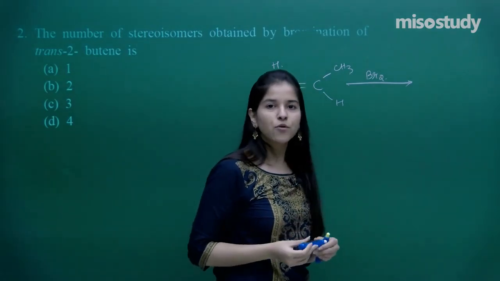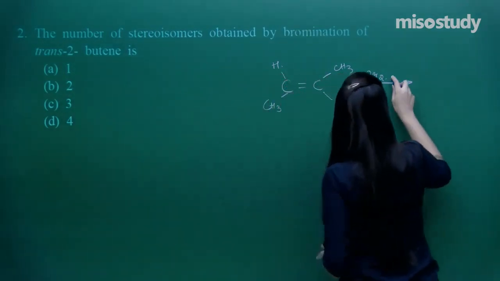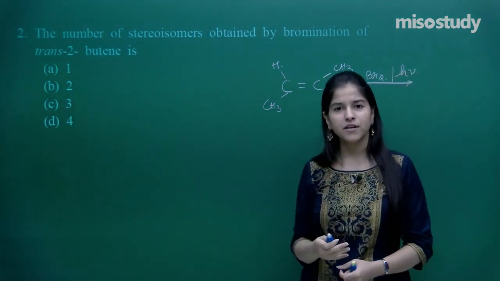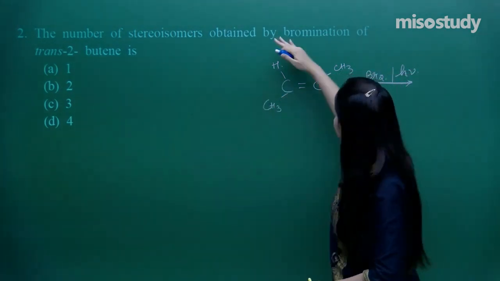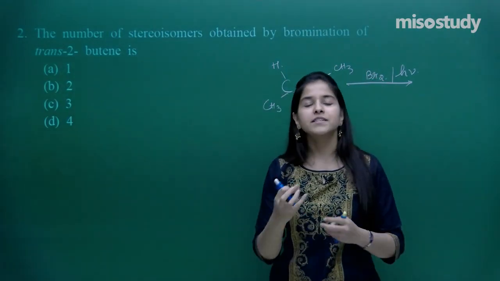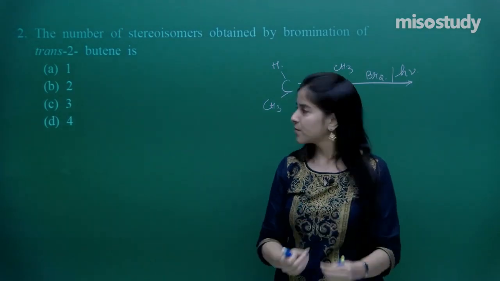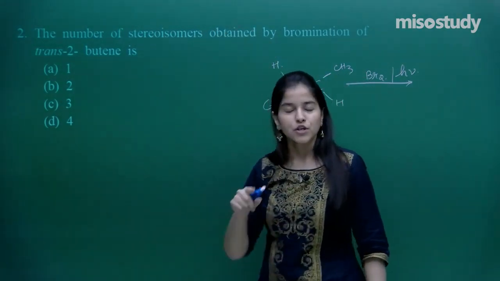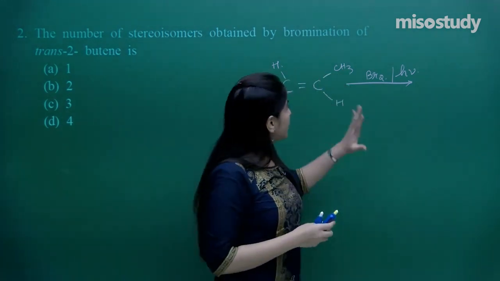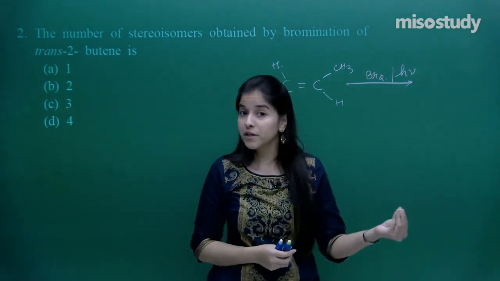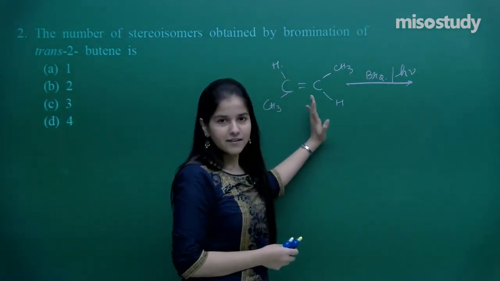Bromination in the presence of what? In the presence of, I can say, the sunlight. So that is how it is going to be. Or they haven't mentioned what kind of bromination they are performing, so we are considering the simple bromination. So over here, I need to have the number of isomers. So first of all, just try to form the product of the bromination, and then we will get our answer.